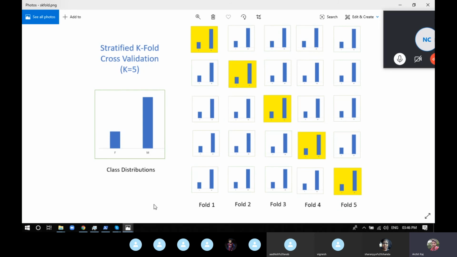In k-fold, we make different folds of the data. One shortcoming of k-fold is that it can be biased depending upon the positioning of the data points. If the first 50 are female, then the class distribution of any fold can be unequal, so that one fold will have all the female ones or all the male ones. To overcome this, we have stratified k-fold, which takes care that every fold you make has the same class distribution as the whole data set. So this is what k-fold cross validation is.